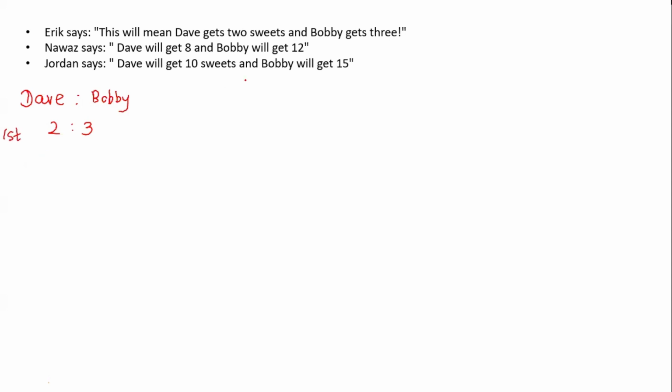Let's think regarding sweets. Dave has got 2 sweets, then Bobby got 3 sweets. Then at the first time it is 5 sweets already. Then as the second attempt, again Dave is getting 2, Bobby is getting 3, so again 5. As the third, 2 to 3, again 5. At the end of the third attempt, the total number of sweets divided between Dave and Bobby